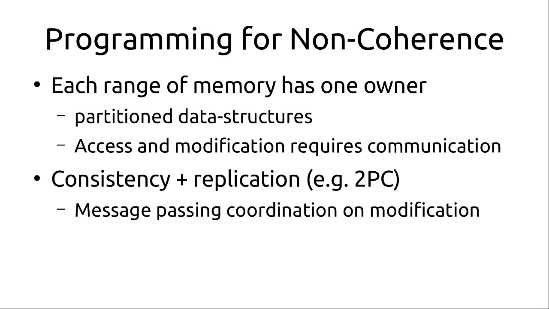Now, another approach is, of course, to have replication between each of the nodes. Again, partition memory, but logically have the same data structure replicated across multiple nodes. So we might have two-phase commit to actually make modifications to the shared data structure, and we have message passing-based coordination on modification. So the benefit here is that if all that we need to do is get some value or query the shared data structure, then all that we need to do is speak locally to the version that we have on our node. However, updates become pretty expensive.